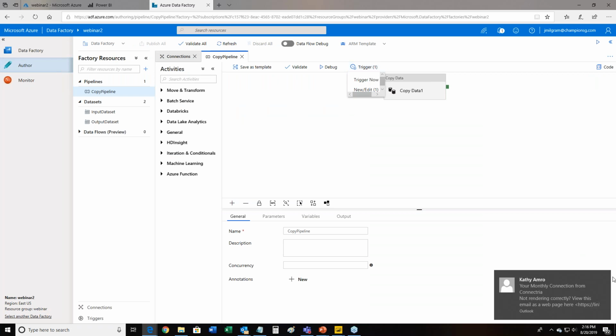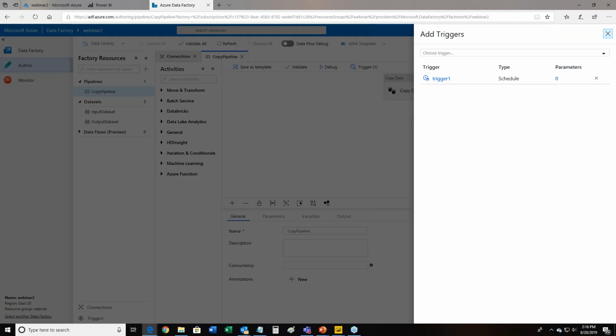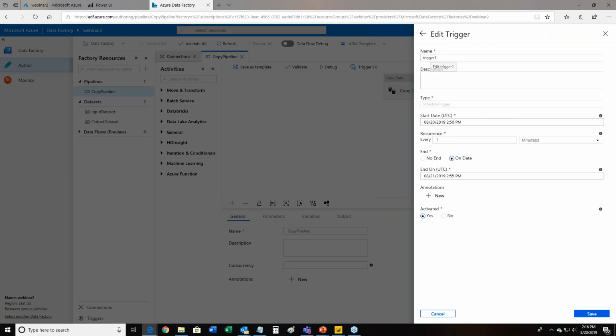and we ran an existing trigger. You can also create scheduled triggers. So you can automate it almost. Correct. And rather than creating a new one, here's one I created called trigger one.